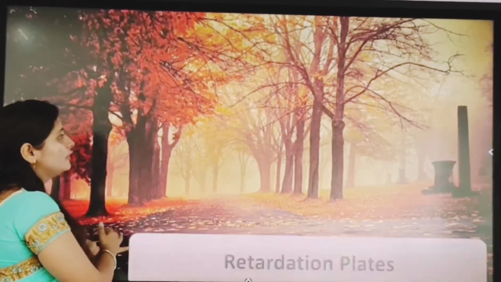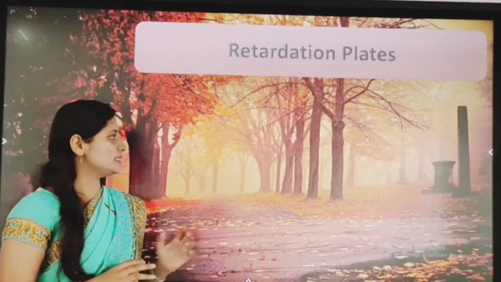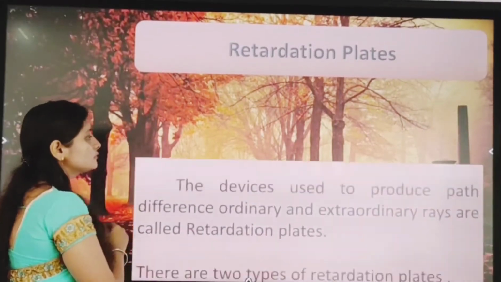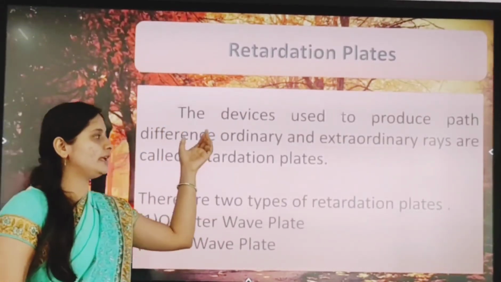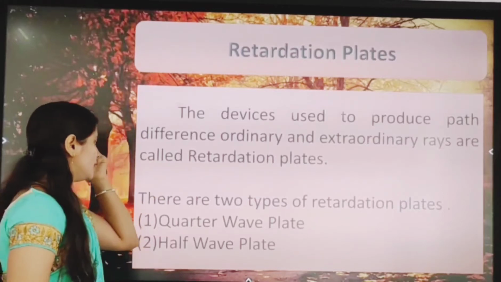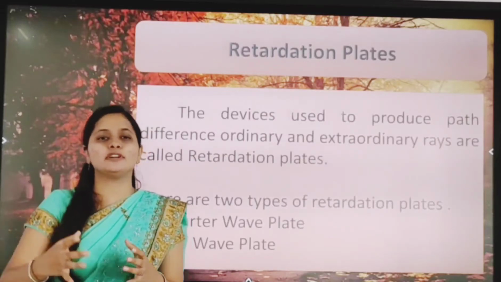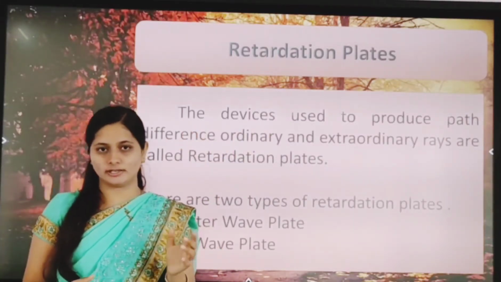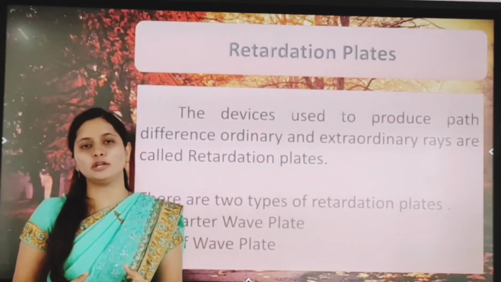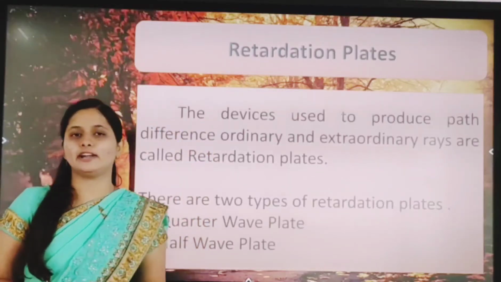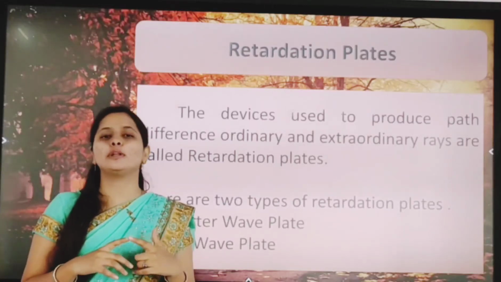In today's video we will study the retardation plates as well as their types. First we'll see what retardation plates are. The devices used to produce the path difference between ordinary and extraordinary rays are called retardation plates. A retardation plate gives a path difference between the ordinary ray and the extraordinary ray. Whatever the path difference between the two rays, we can call this a retardation plate. In simple words, it is a path difference between the O ray and the E